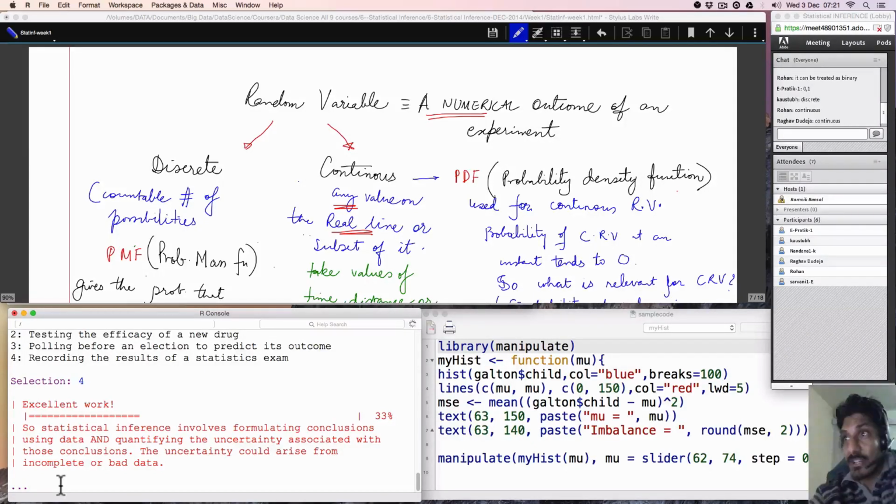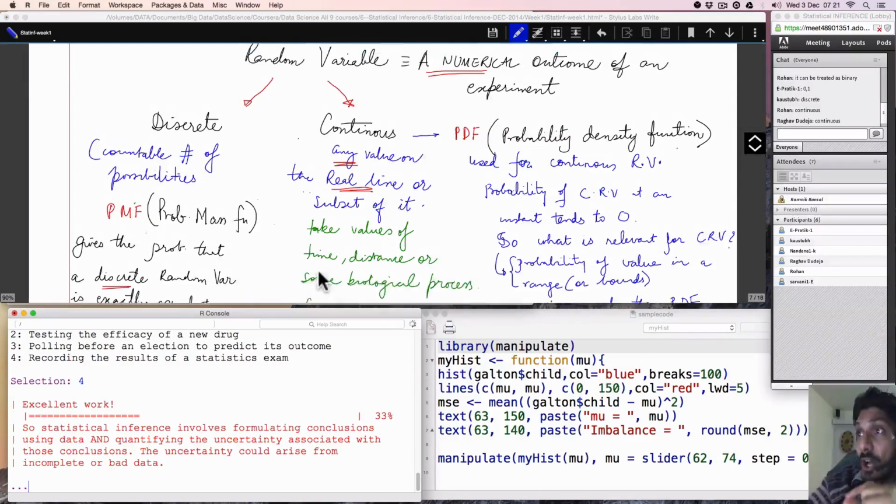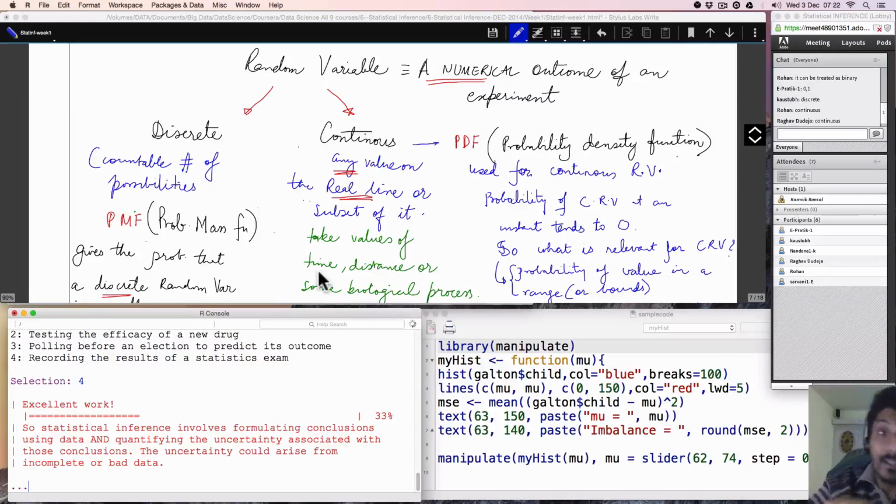Say tomorrow you start getting such scales which can measure up to 1/10 of a millimeter. Say today whatever scales we are using to measure the height measure up to a millimeter, right? Tomorrow we start getting some digital kind of scales, which you place on the head. They will still measure, but they will measure up to some decimal places, which means their precision has increased. So precision is not the same as continuity or discreteness. Understand that. Is this clear?